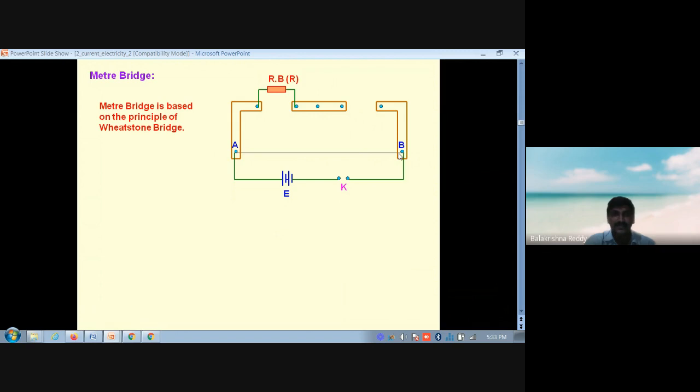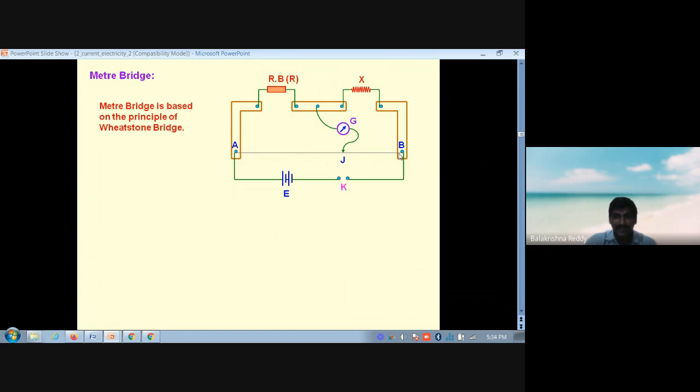This is a resistance box which we are connecting externally, and this is X, the unknown resistance which we are connecting. Or you can connect it in the resistance box place also, no problem. We are just interchanging them. The formula will change, but finally our goal is to find the unknown resistance. We'll find it. Now I have connected from the middle terminal.